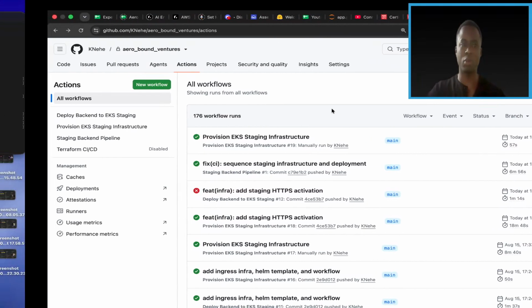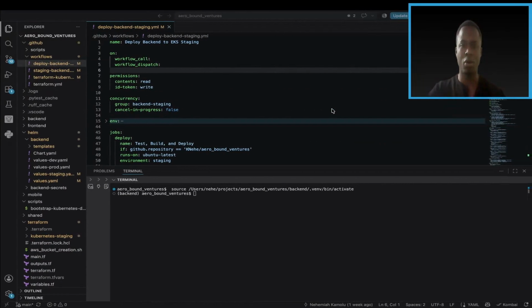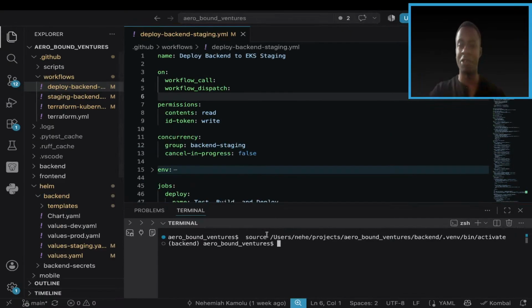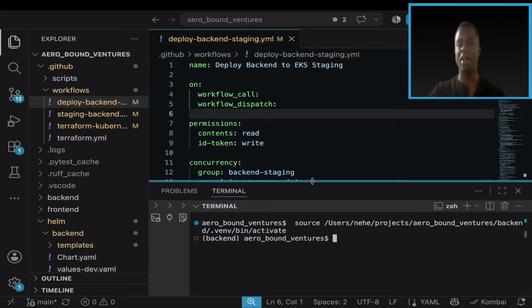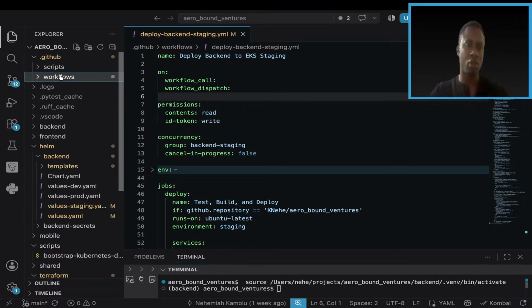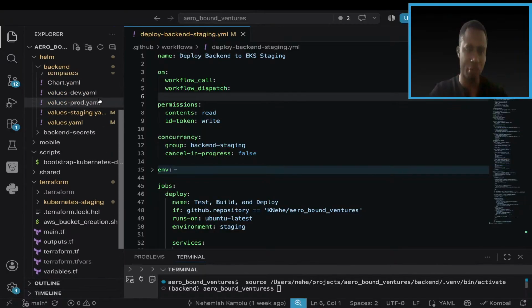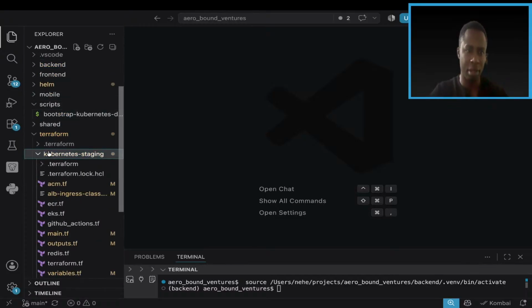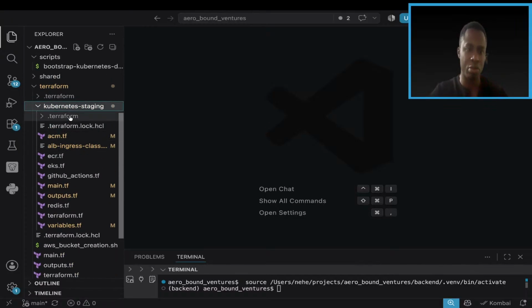So I think the best thing to do is go to the code, and I walk you through things very fast. They're not complicated. It is simply a repetition of so many concepts we have been doing over the past live streams, so I'm just going to emphasize. All right, I'll start from down here. I'll close this, I'll open the Terraform directory, close Helm, and show you. Let me start from